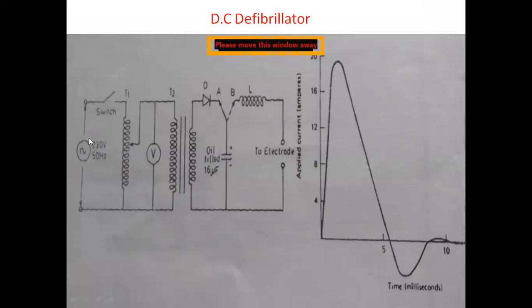This is the power supply. So the 220 volts or 230 volts AC signal with 50 hertz is connected to this one, the auto transformer. Okay. By varying the switch, we can increase or decrease the input voltage for this transformer T2. So from the auto transformer we can adjust the input voltage and get the output voltage by adjusting a switch.